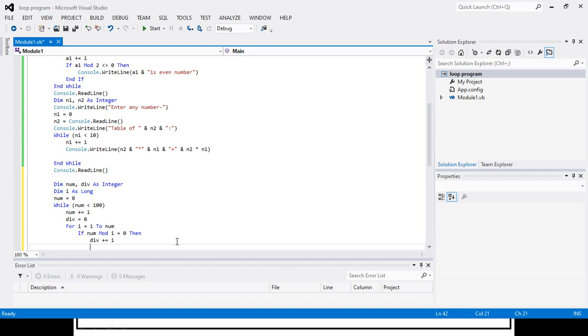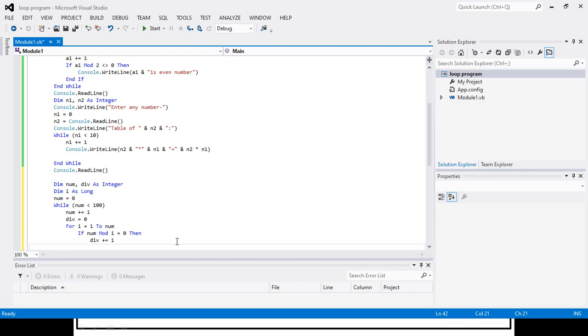And if the value of the div variable is more, it means the number is divisible by other numbers multiple times with remainder 0, so at that time it is not a prime number.